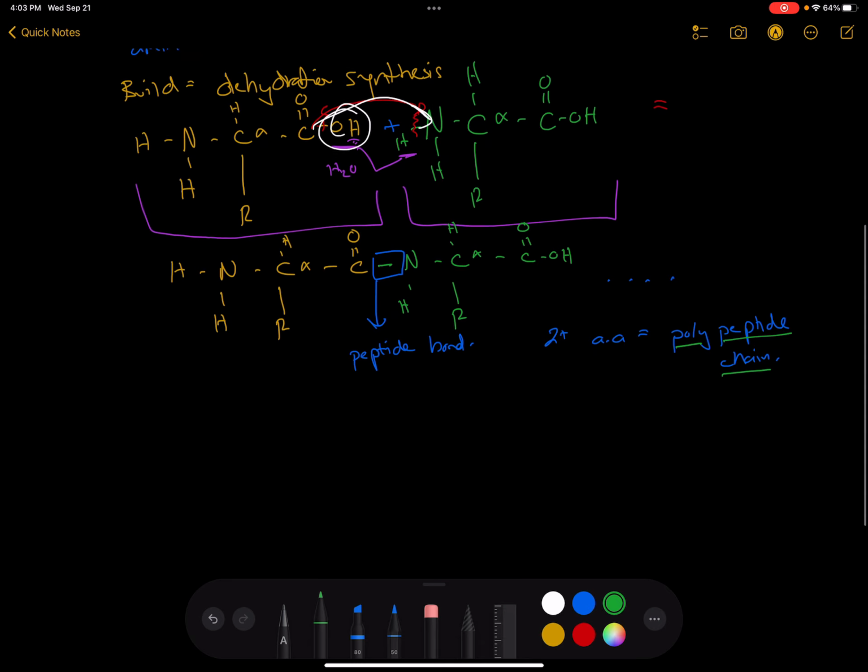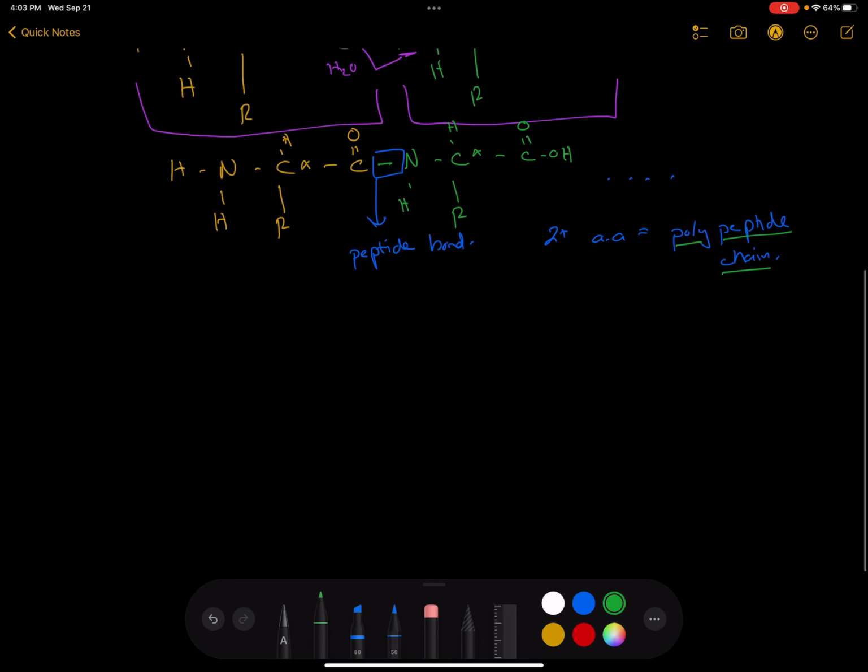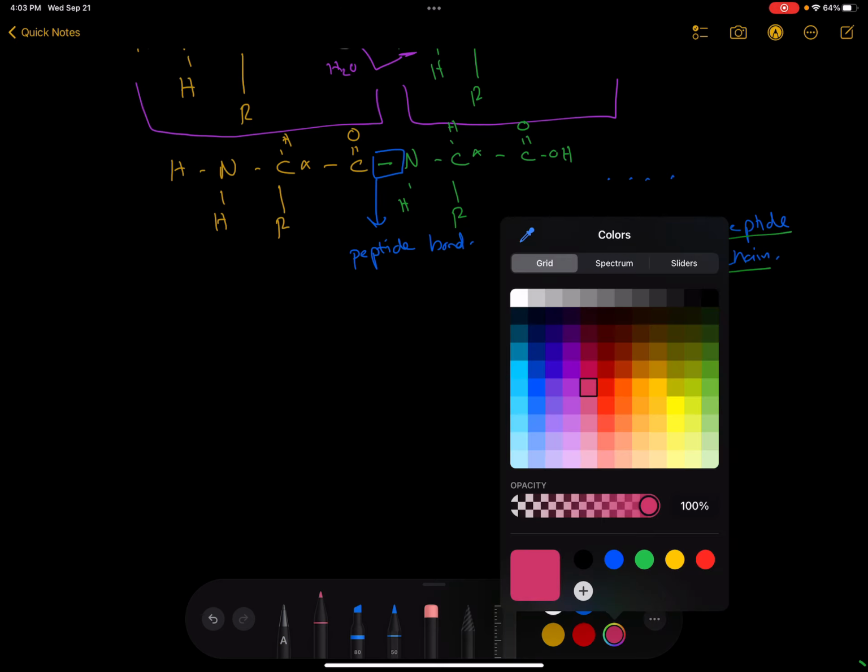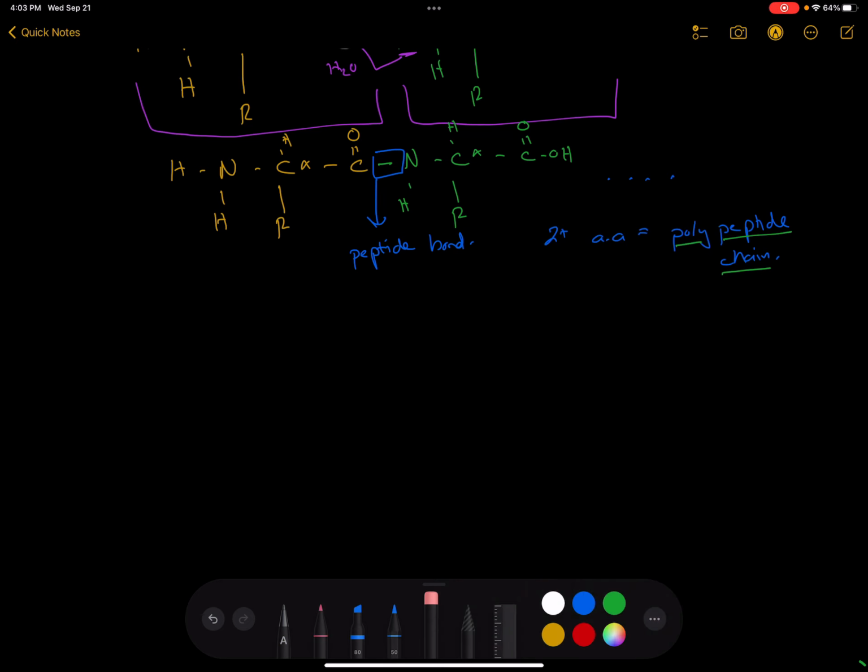And so I can do that for hundreds and hundreds of amino acids, just keep adding on by doing dehydration synthesis. Now when I do that, I actually start building the structures of a protein, because proteins have four main structures. The first one is called a primary structure. Now, a primary structure, by definition, is just going to be the chain of amino acids